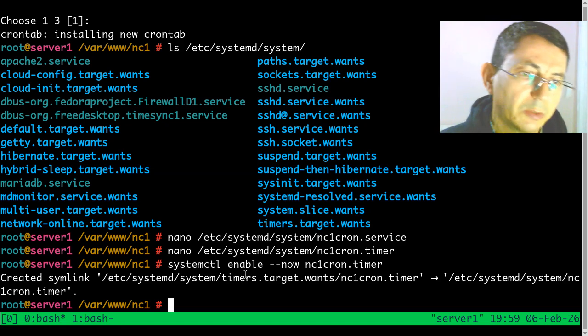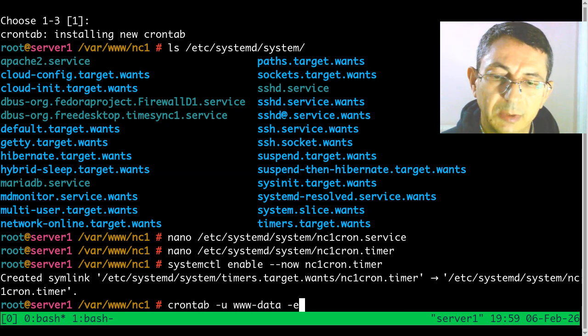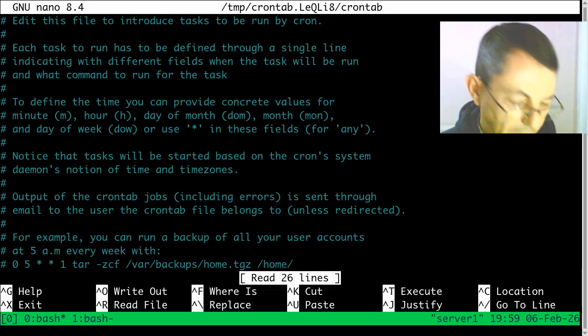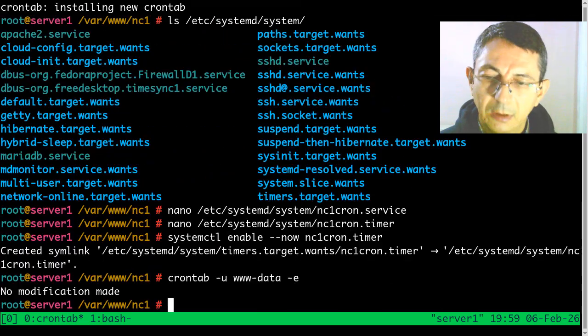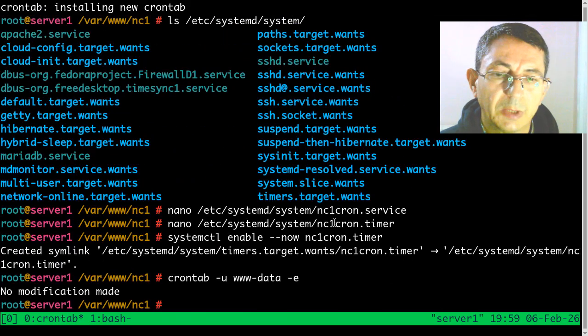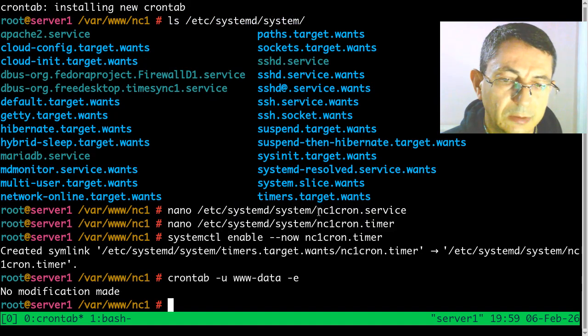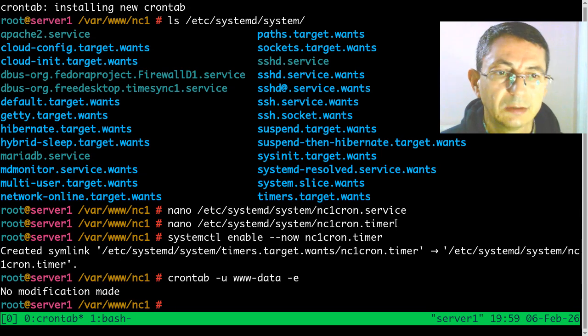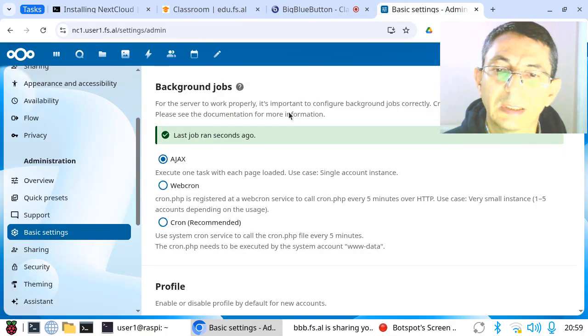Also the cron job that we did with crontab, this one is very easy actually, not very complicated, but these two are more modern, defining a service and the timer to run a command periodically. Now if we go to the page of NextCloud and refresh it,